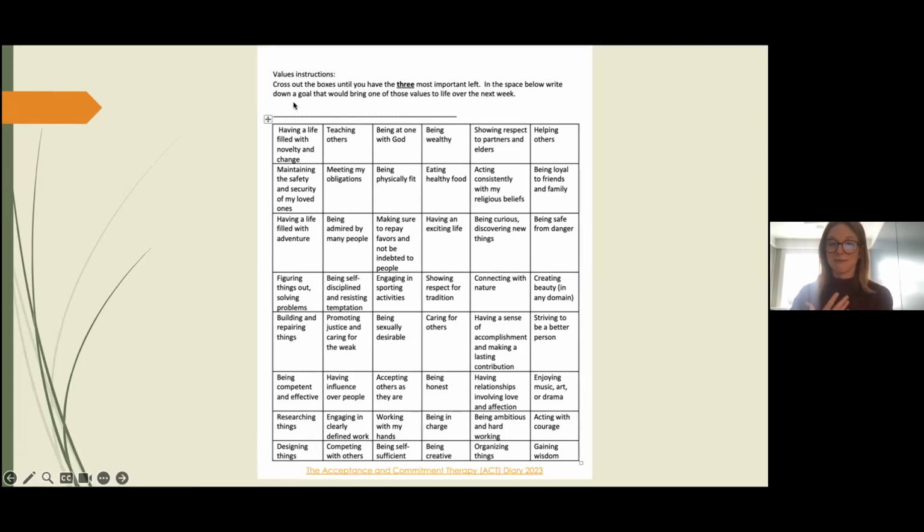I know for me, it's always a much more challenging exercise than I imagine it to be. And it really does help clarify, like, here's really how I want to be spending my time. This is what brings me joy. Yeah, so I think there's a variation in that some people are very connected to their values. And so it can be pretty easy and straightforward. And for some, it is a bit more of an exploration, or at the very least, just a curious exercise, even if you end up with those three that you thought you'd end up with from the beginning.